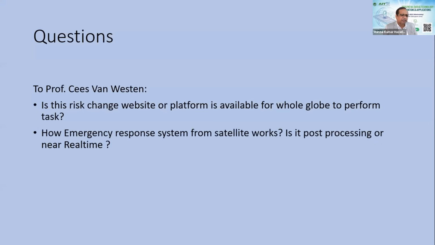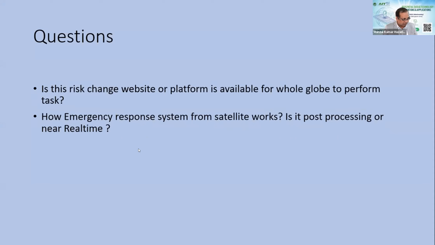The good news is that there is a lot of building and infrastructure data freely available, like OpenStreetMap, which may not be complete, but in some countries you get very good data. And recently the German space agency, DLR, has also uploaded building footprints across the whole world, derived from their satellite data, and they update this data every few years. So that kind of data is now available globally, and it is very easy for us to input into this platform.